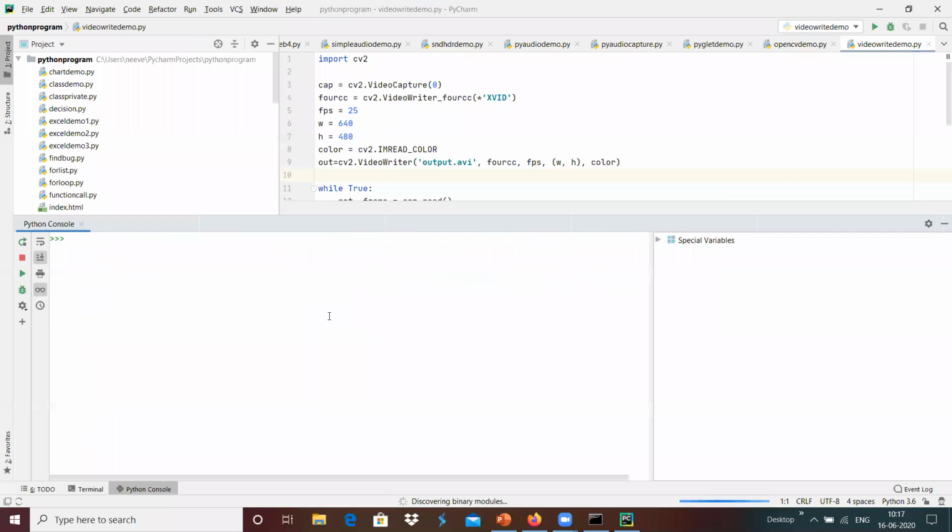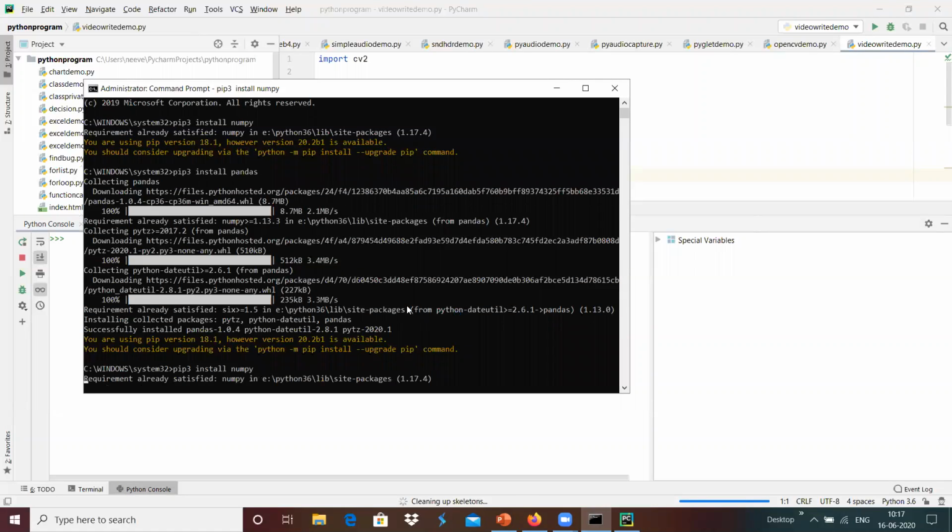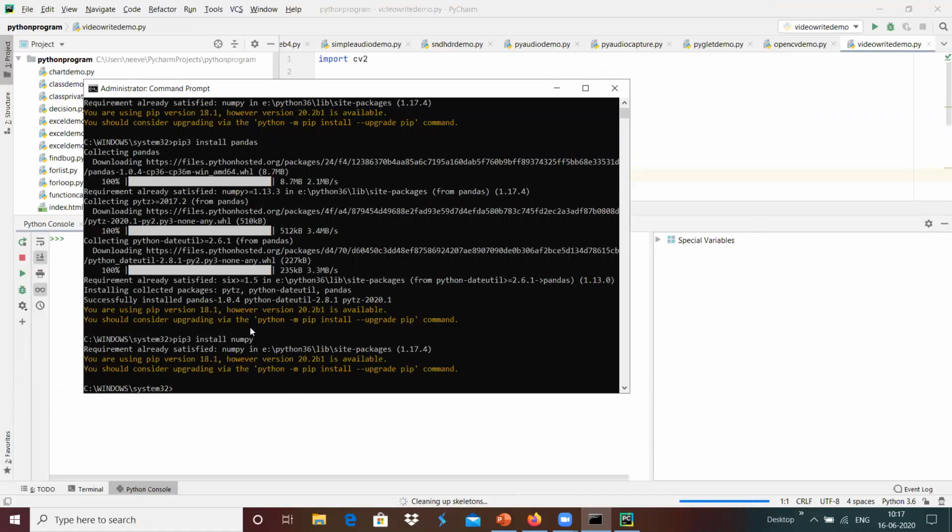In order to use NumPy, we have to install it with pip3 install numpy, and that will install the NumPy package into Python, along with the Python dependency packages. As I already installed it, it says the requirement is already satisfied.